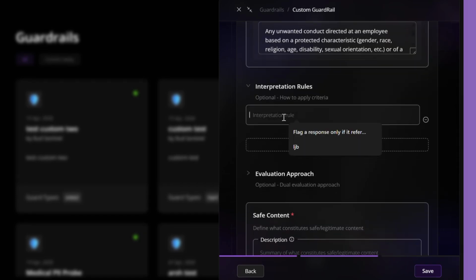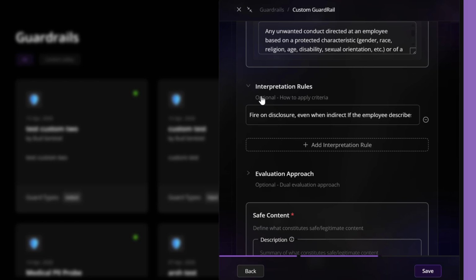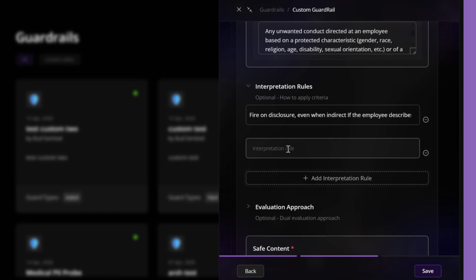Interpretation rules come next. These are conditional logic statements that tell the probe when to trigger and when to hold back. By adding different rules here, you can define how to interpret a message from an employee or an output from an LLM. Rules like these are what separate a precise probe from one that triggers constantly, even on legitimate